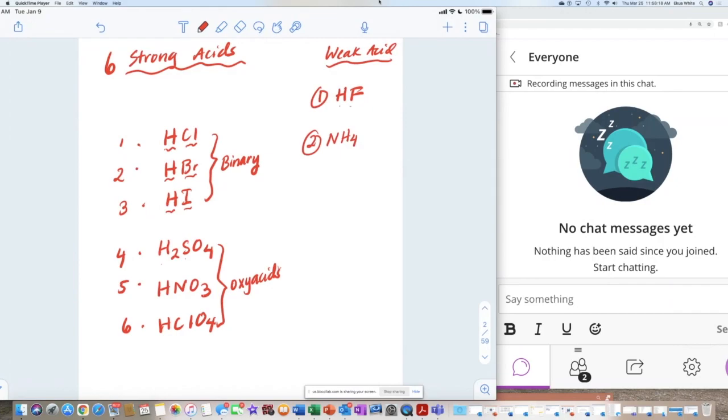NH4. Let me just stick with the compounds. Oh, acetic acid. Acetic acid. Acetic acid, let me write this the general chemistry way. Give me a second. The organic way is CH3COOH. The general chemistry way is H